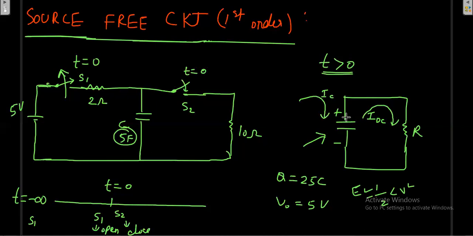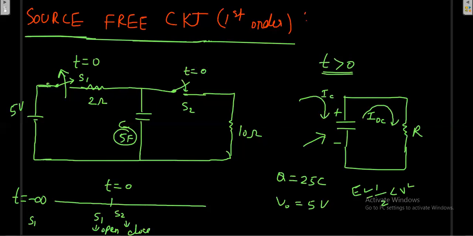Once it has some initial energy and is connected with the resistance, as the charges are there, they can easily go in this direction through the resistance, with potential in this manner, plus here, minus here. Then definitely the charges from the capacitor will be going like this. The current will be going towards the resistance. Initially the current will be more because initially the charge is more, but over a period of time the charge will decrease, and the current flow will also decrease.